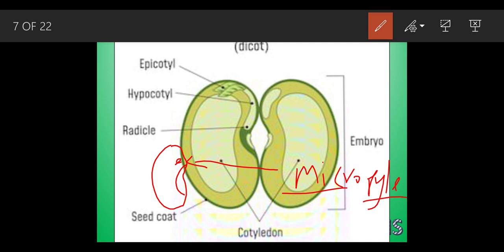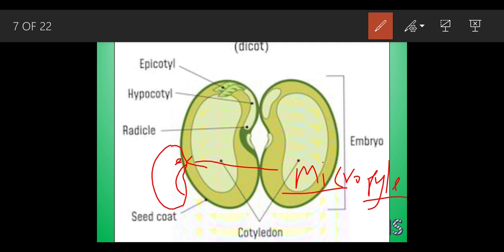What is the function of this micropyle? It is a tiny pore situated close to the hilum, and it helps in soaking of the water. Whenever we sow the seed, at that time we water also. If the seed did not have this micropyle, how would it be possible for the seed to absorb the water? The function of this micropyle serves in two ways. First, it helps in soaking of the water and making it favorable for germination, and second,